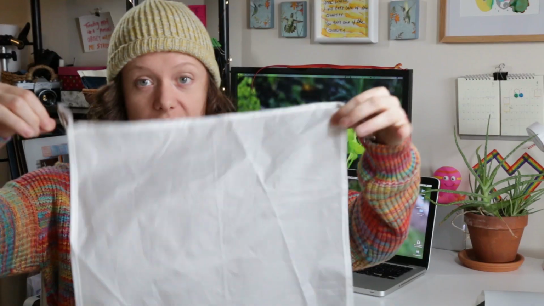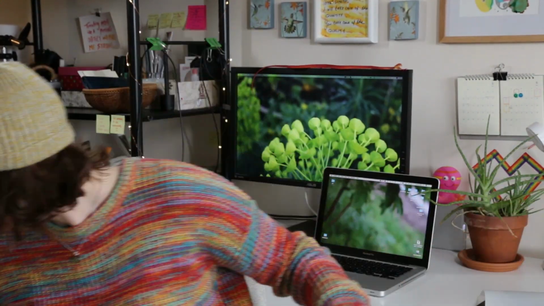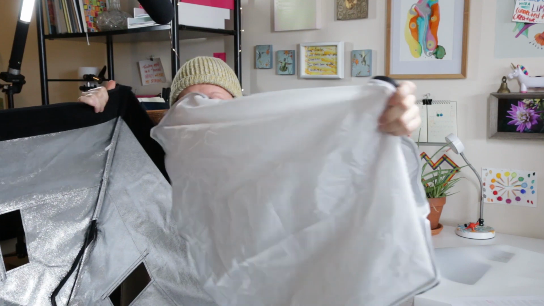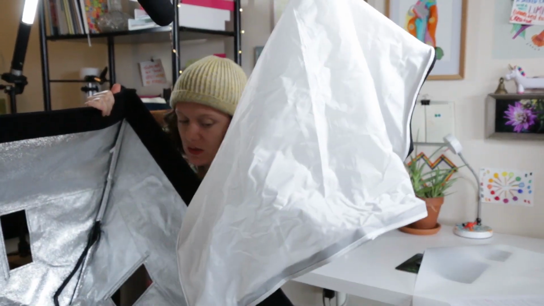This is diffusion, and this is also diffusion. A softbox with